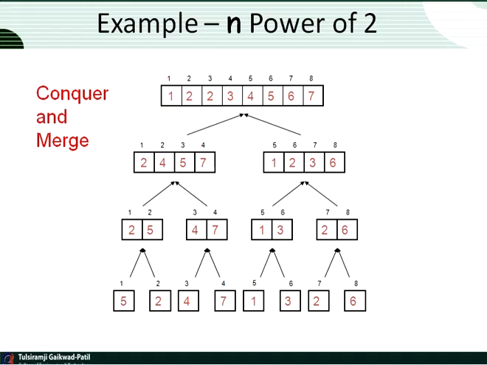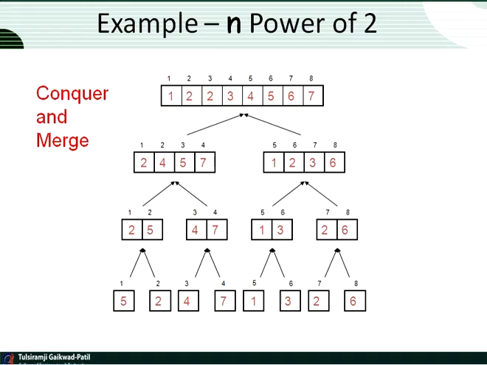Now we have to merge and conquer again the blocks of 2 elements. The 2 5 is compared with 4 7. So whatever the smallest, to get a complete list of 4 elements, those which are small in ascending order will come first. The answer will be 2 4 5 and 7. It will be the sequence like this, and on the right hand side, say 1 3 2 6 are there. So accordingly 1 3 is compared with 2 6, and we'll get the list 1 2 3 6.